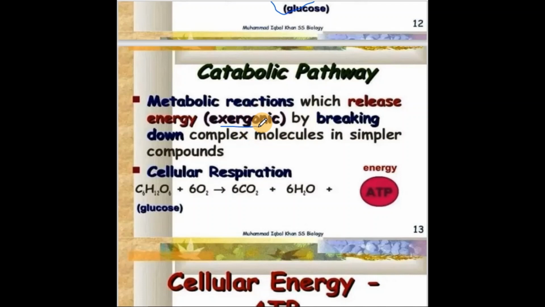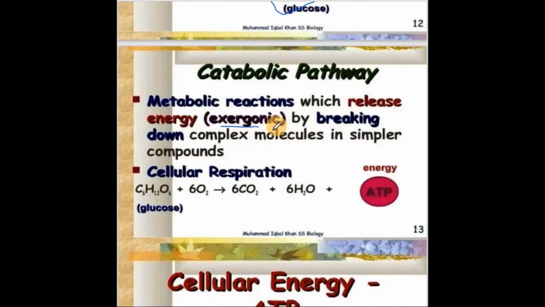So it releases heat, or let's say heat energy or any other form of energy, into the system or the environment. The system is just a confined area of study. So if you are studying a cell, then the cell becomes your system. So if the reaction releases heat, or any other type of energy, into the system, we call it